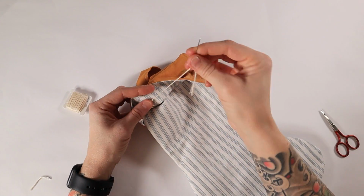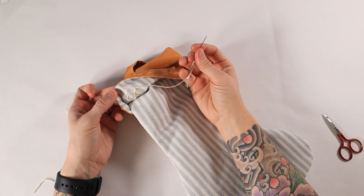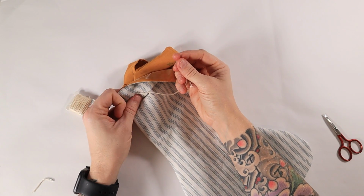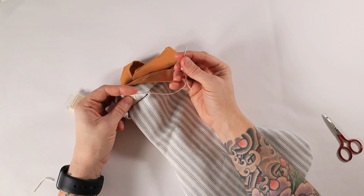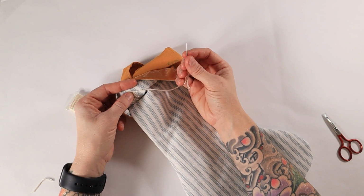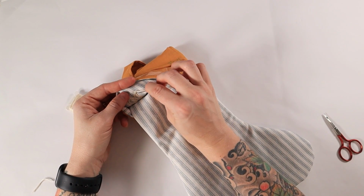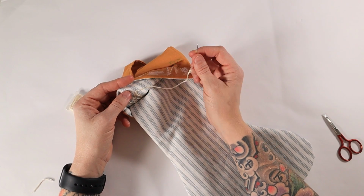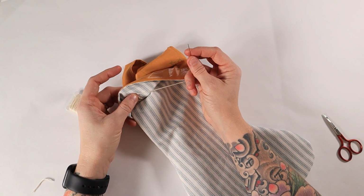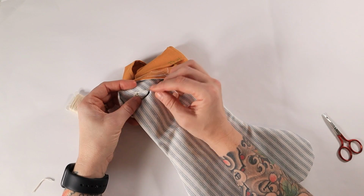So I am pretty much done with this strand of thread, so I just wanted to show you how to end stitches, especially on something that might move around or could potentially come out. So a lot of the times when you're working in the hoop, you can just tuck this underneath, which you could do, but since sometimes you wash textiles,